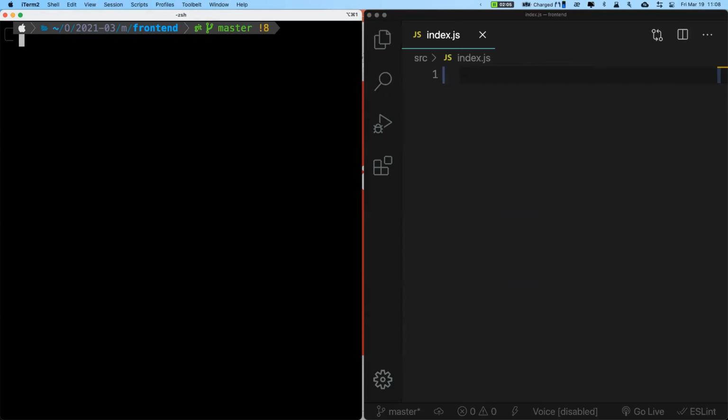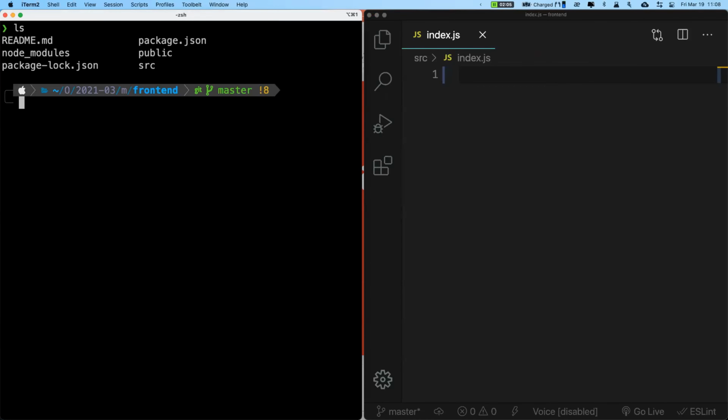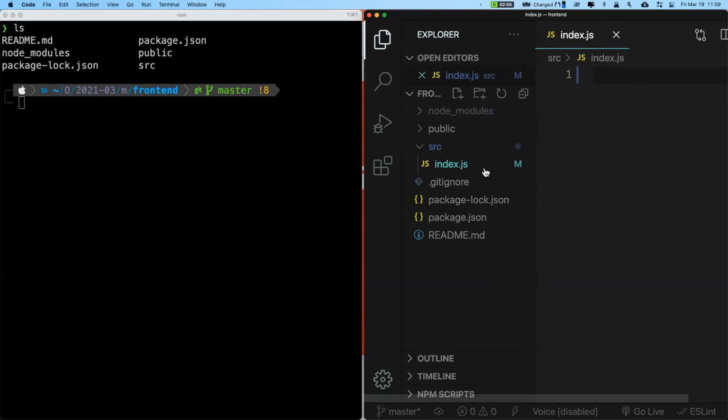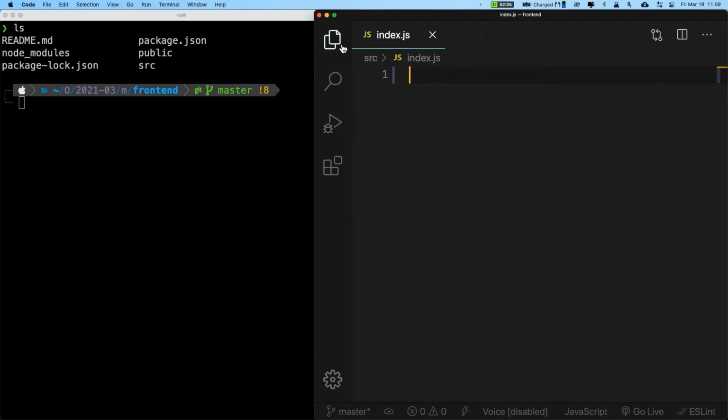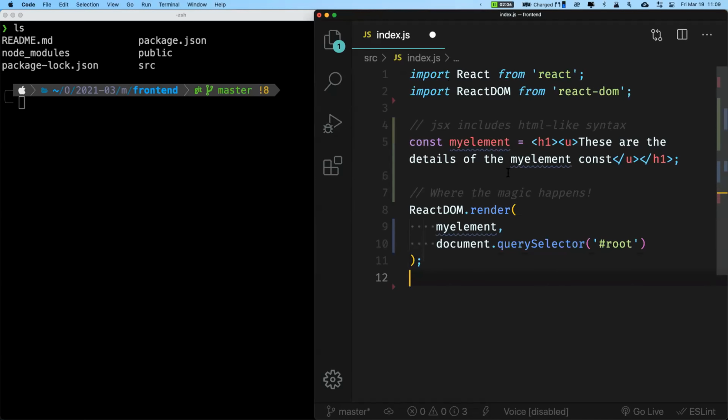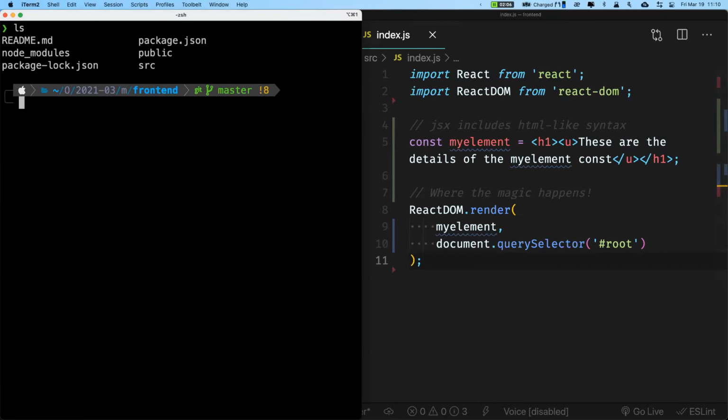Okay, so the current situation we are in, I did an npx create react, and we have this series of folders. I've deleted the extras just as the slide has indicated. So now I have an empty index.js. Cool. So from here, we want to import React and import React DOM. So I'm pasting in code from the first code on the gist. We have the React and React DOM, saving it and